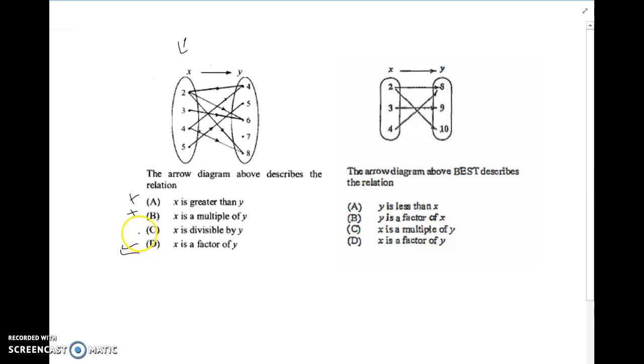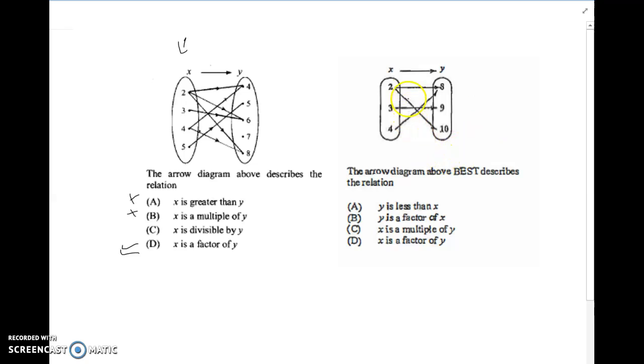Is x divisible by y? No. Because divisible basically says it's 2 divided by 4. 2 divided by 4 is actually a fraction, right? So let's keep that in mind. So now, let's look at our